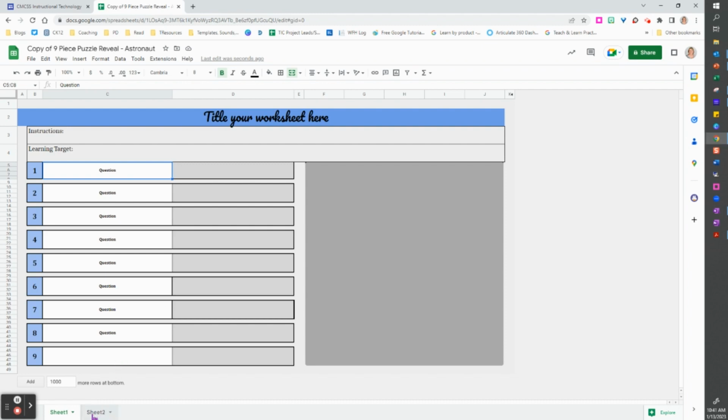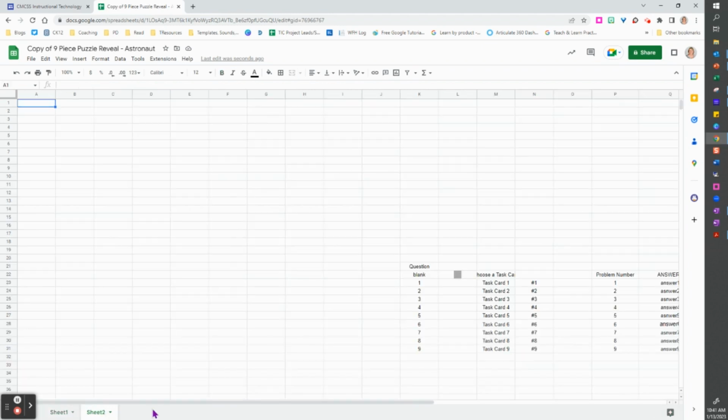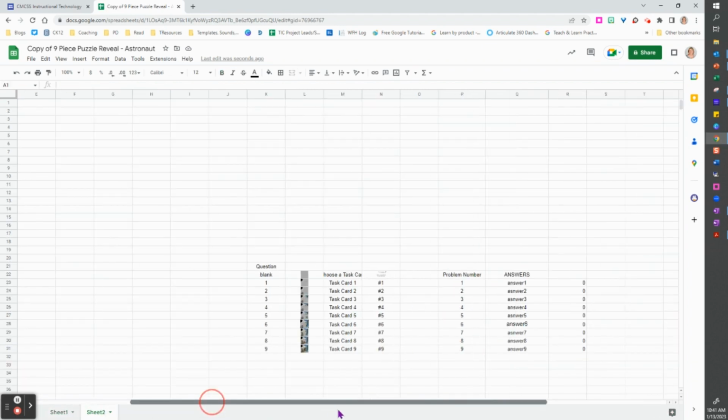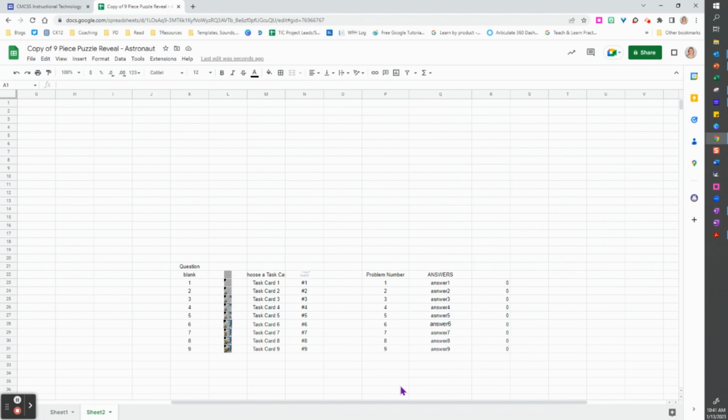We're going to go down to the bottom and select Sheet 2. And this is where you will enter your answers. So scroll on over and you'll see a column. It's column Q, and you'll see answer 1 through answer 9. So in these boxes, you will actually type in the answer that you are going to accept for question 1, answer 2 for question 2. So once you get those 9 answers inserted,